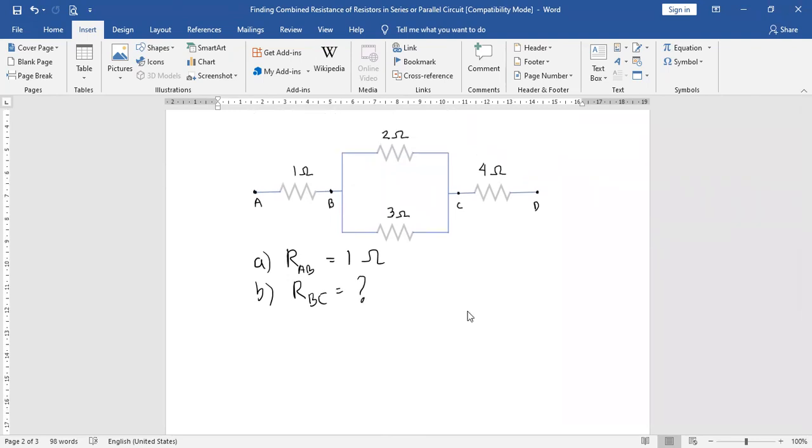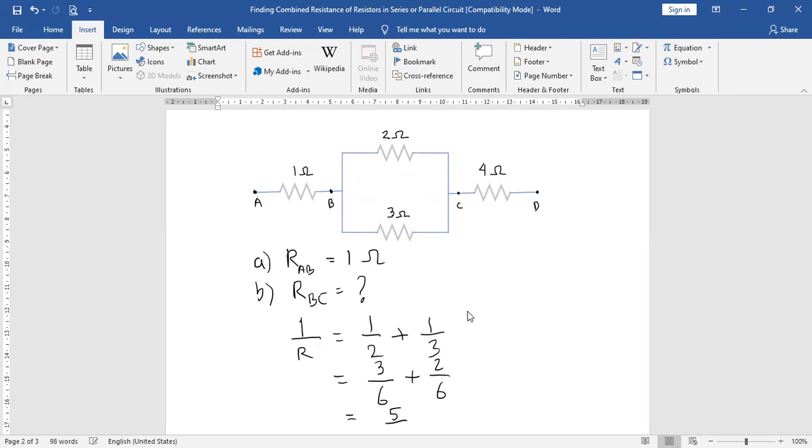Yeah, as you can see here, we have a parallel circuit again. So let's put it like this: 1 per R equals 1 per 2 plus 1 per 3. Like the previous one, equalize the denominators. This will be 6 and 6, so this is 1 times 3, and this is 1 times 2. So you got